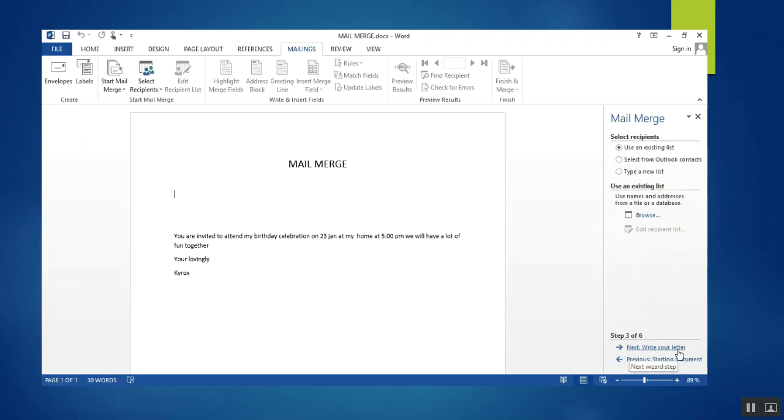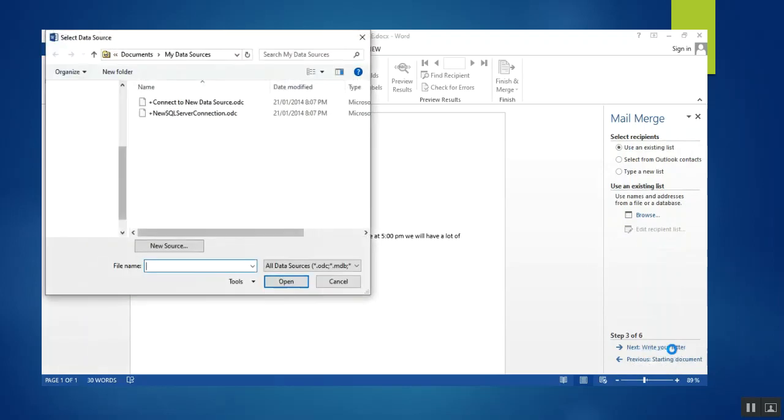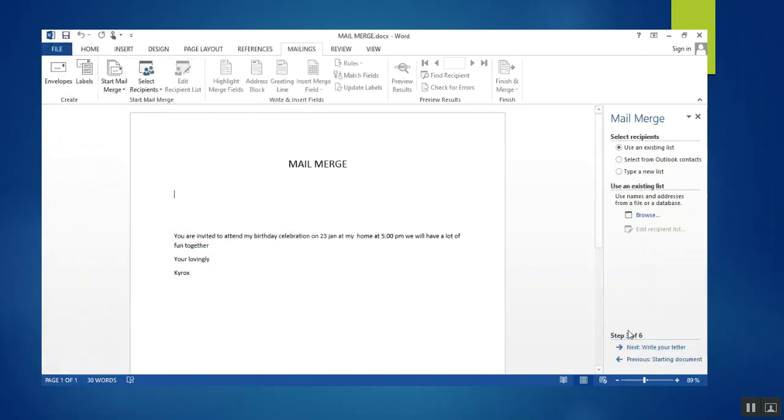When you click on this, this task pane provides you the facility to use an existing list, select from Outlook contacts, or type a new list. I am going to type a new list.